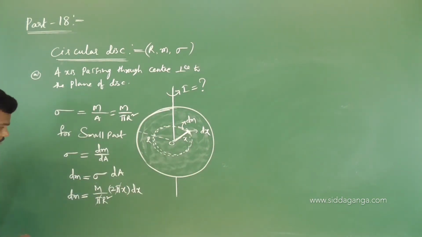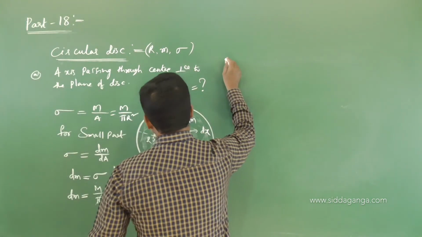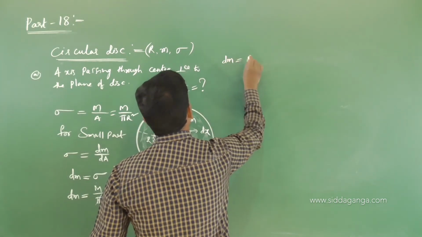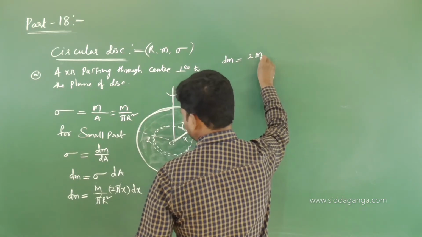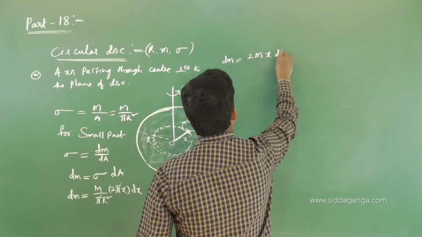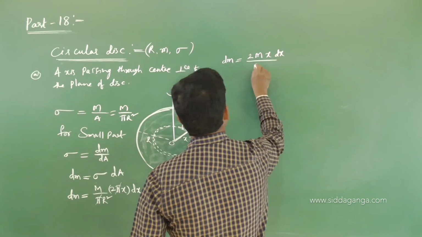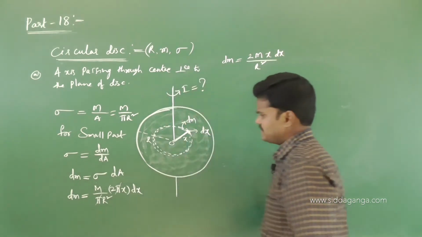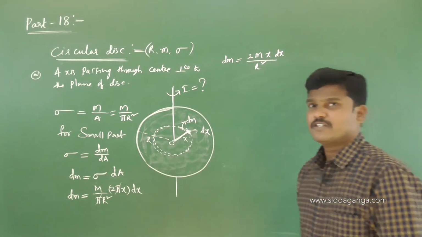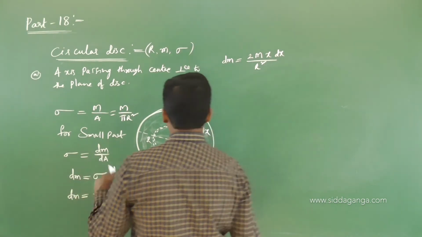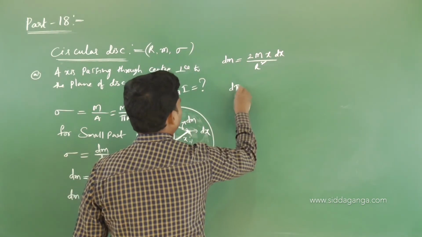Okay, I got dm. So dm is equal to 2 m x dx by r square. Check it, 2 m x dx by r square. But our target is to find out the complete moment of inertia. So we can write dI is equal to